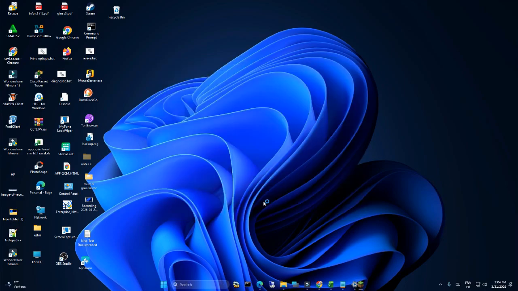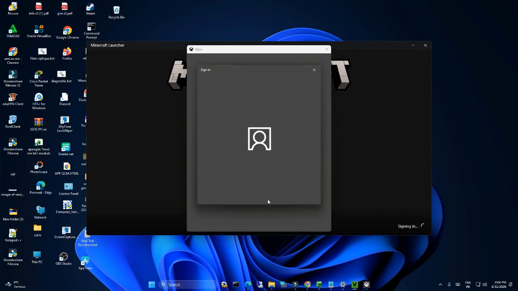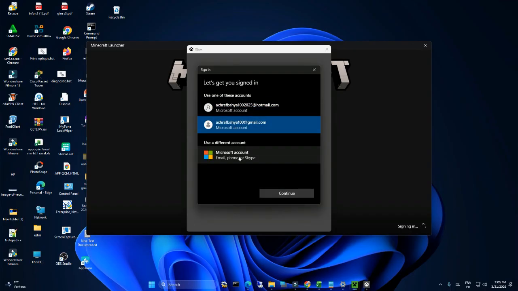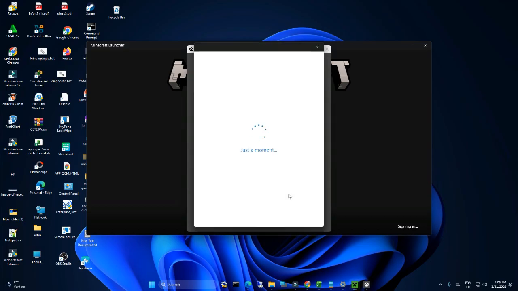You'll now need to sign in with a Microsoft account. Make sure you haven't used this account to play Minecraft before, since the demo requires a fresh account. If needed, create a new Microsoft account using the option on the screen. Once signed in, the